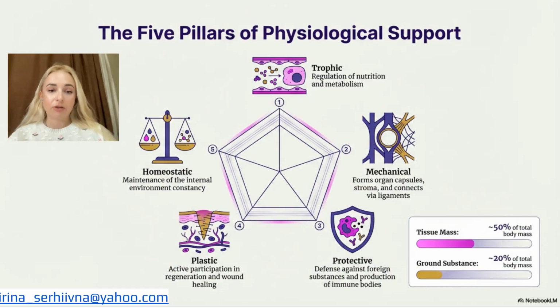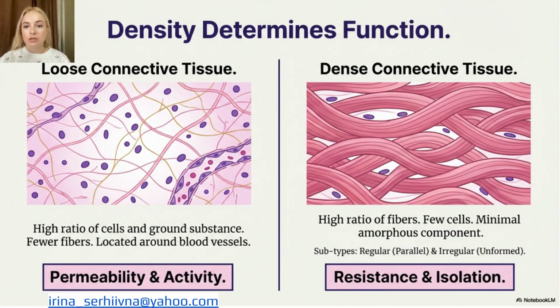So we have cells, extracellular matrix. In extracellular matrix, we have fibers and ground substance. And different types of connective tissues are responsible for a variety of functions, including homeostasis, mechanical support, and maintaining internal environment for many organs. There is a big classification of connective tissues in the human body, but today we are focusing